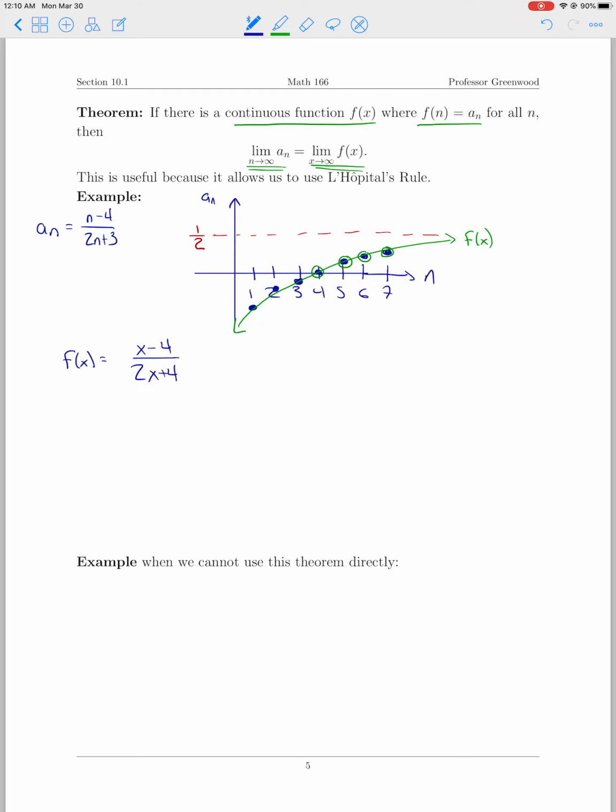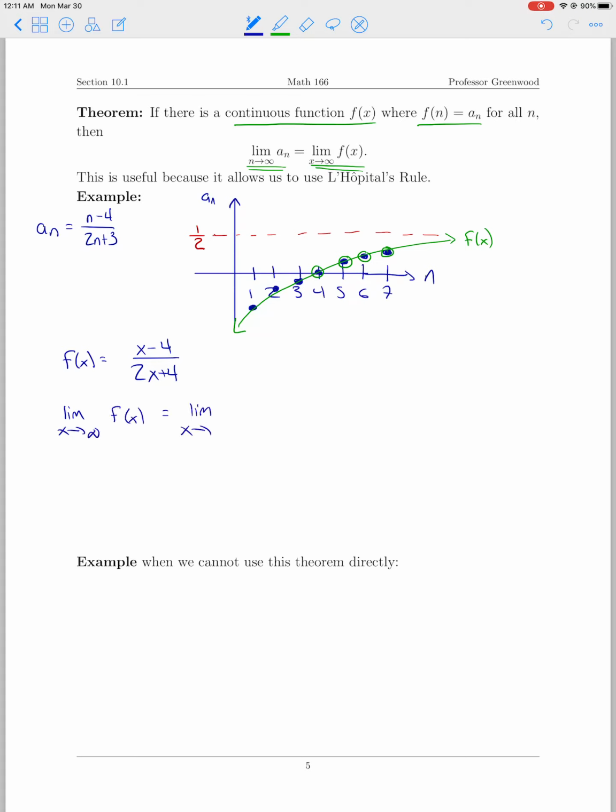And so now this function right here, x minus 4 over 2x plus 4, is valid for all inputs x. In other words, it's not a collection of dots anymore. It is that green line that I drew, just by replacing the n with x and saying that x can be any real number instead of just being integers. And now if I want to compute the limit as x goes to infinity of f of x,